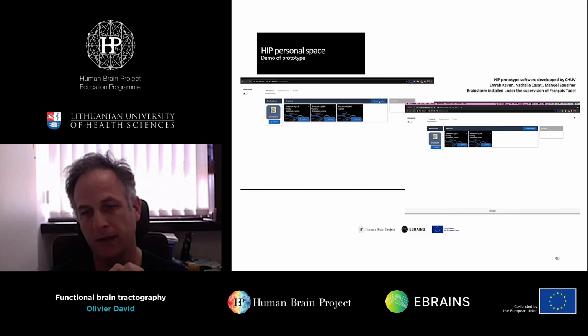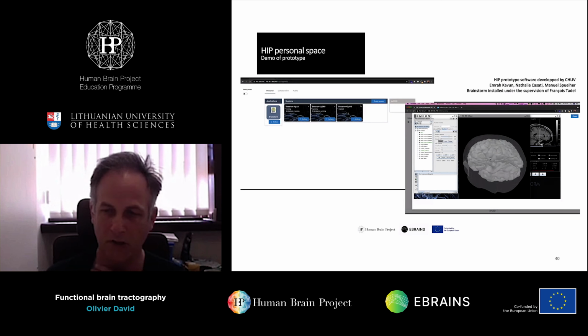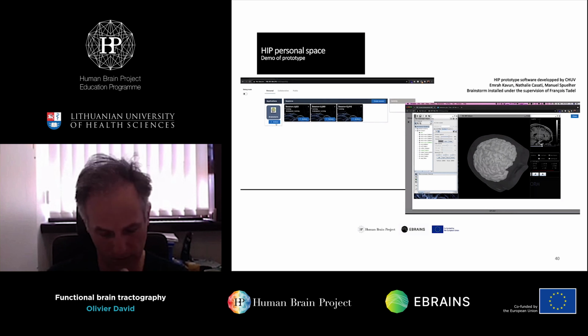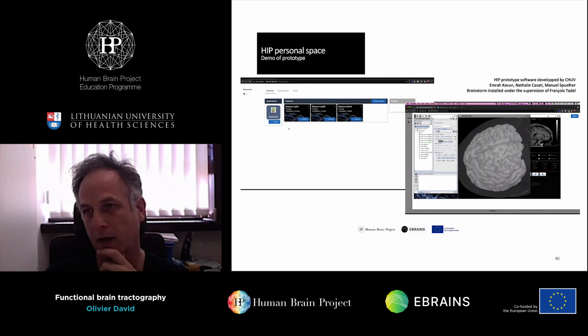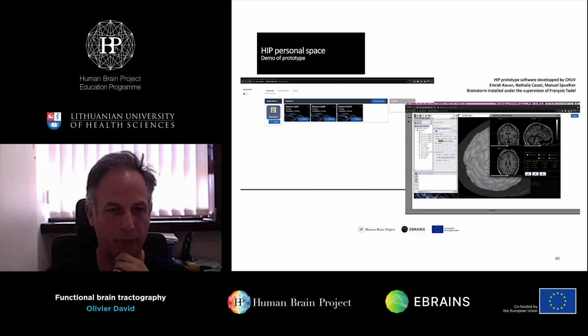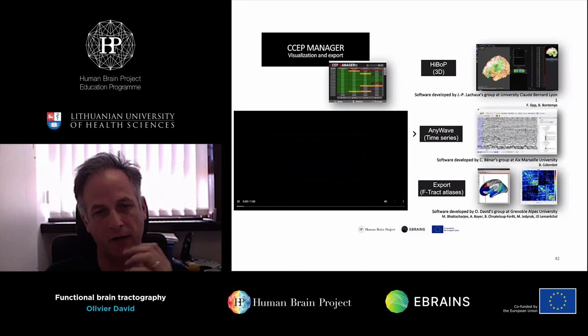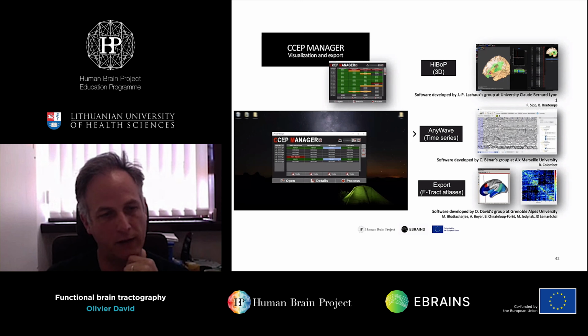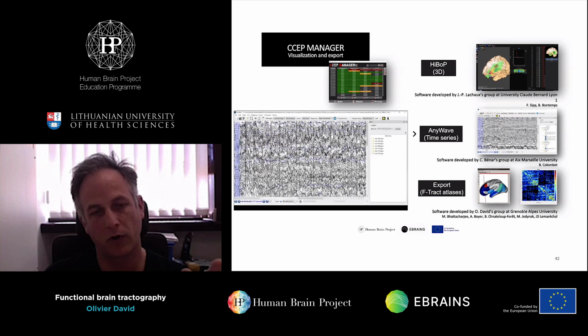It is used remotely, and all the data are centralized onto the HBP platform, which means that you can process very large data with your local laptop. That's basically the idea. And for the pipeline, what we did so far is to develop an application on the HIP that basically summarizes the processes. So you can develop like this a large multicentric database for your study. You can explore the data, and what the program does